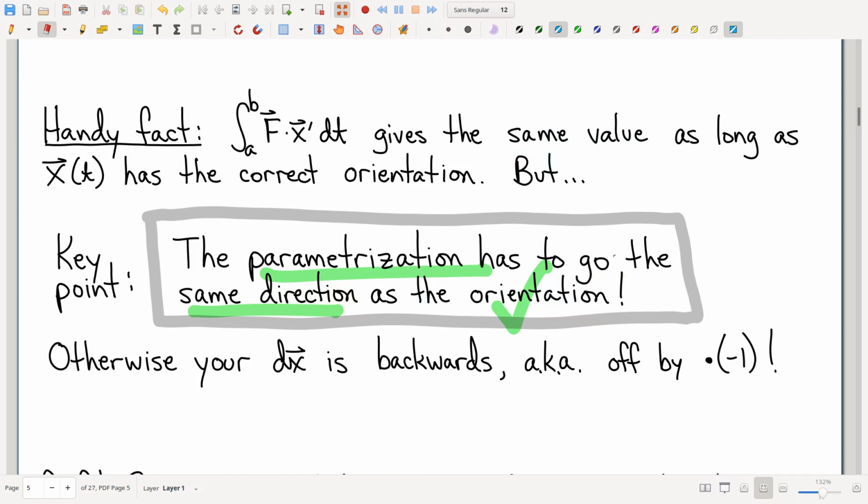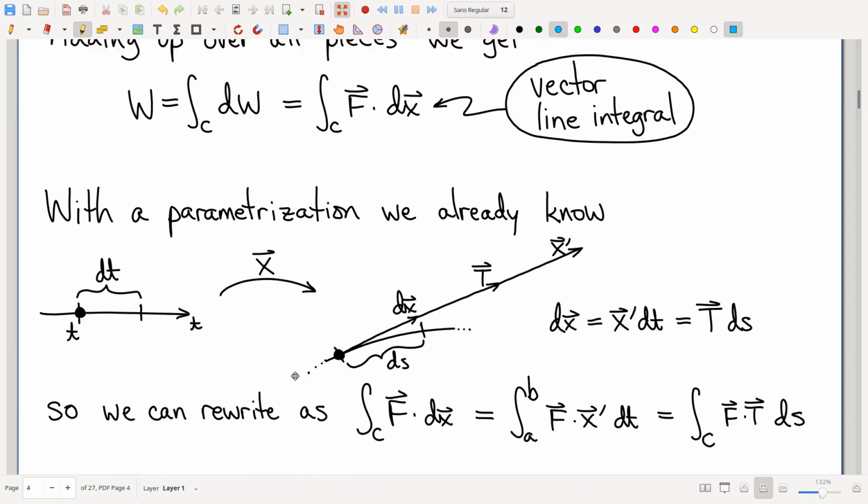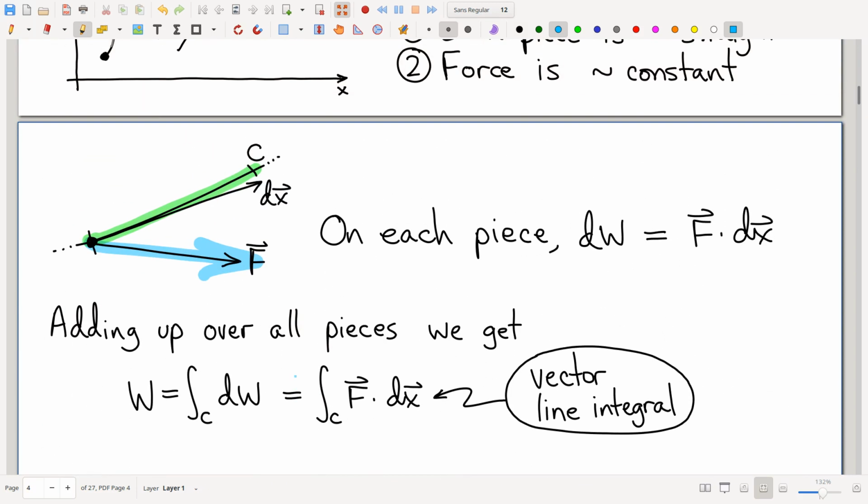Okay, so let's entertain, though, what happens if you parameterize it the wrong way. If you're parameterizing the wrong way, then you're going backwards. That means that all of your dx's will be backwards. So, for example, looking at this picture here, if you are looking at this little piece of curve and you were supposed to parameterize it that way, but if you parameterized it backwards, then your dx's will come out like that. And notice, your dx's will all be literally exactly the negative of what they should be. You parameterize backwards, all your dx's are wrong